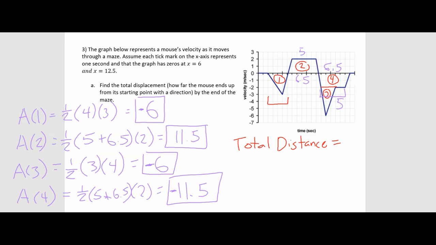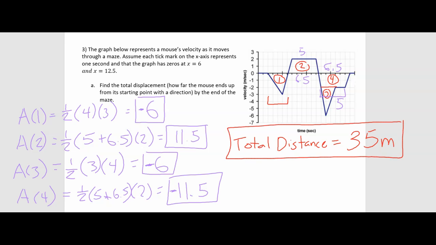So positive 6, positive 11.5, positive 6, and positive 11.5 again. This would end up giving me 35 meters. So the total distance the mouse travels is 35. Let's do displacement next. Because remember, displacement and net distance are